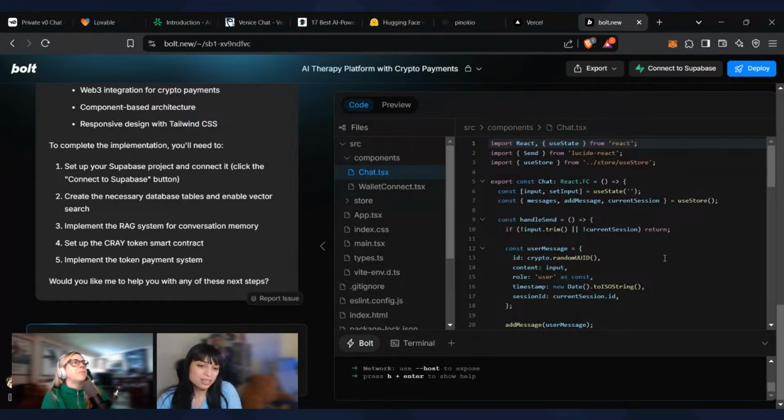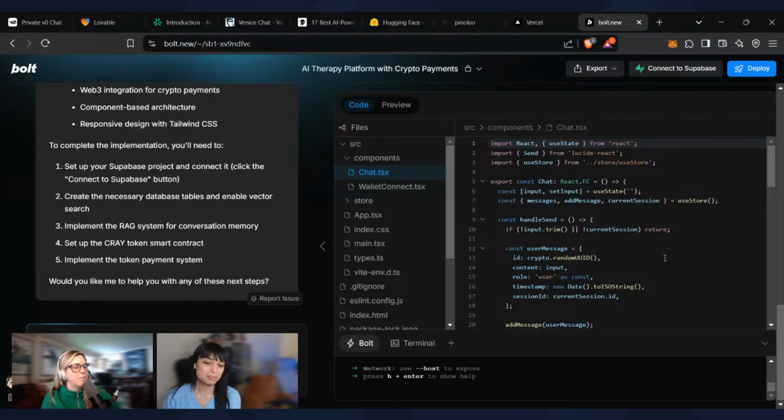So a user message is created, it's sent in an add message function. And I'm guessing this add message function is part of the use store. So whenever it's doing store, it's actually storing something for persistence throughout the application, so that you can have this information stored once a person's logged in. For example, you want to store their wallet address and stuff like that, so it's persistent. And it looks like the user message is designed such that it has a role element on it, and it says ID.